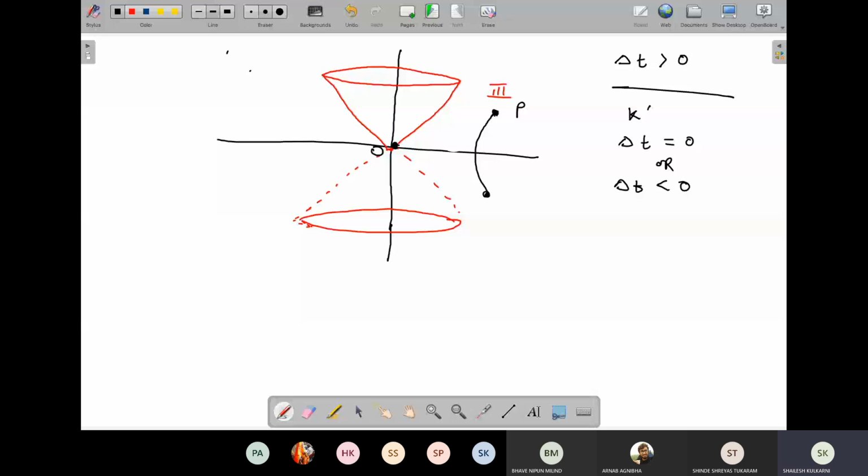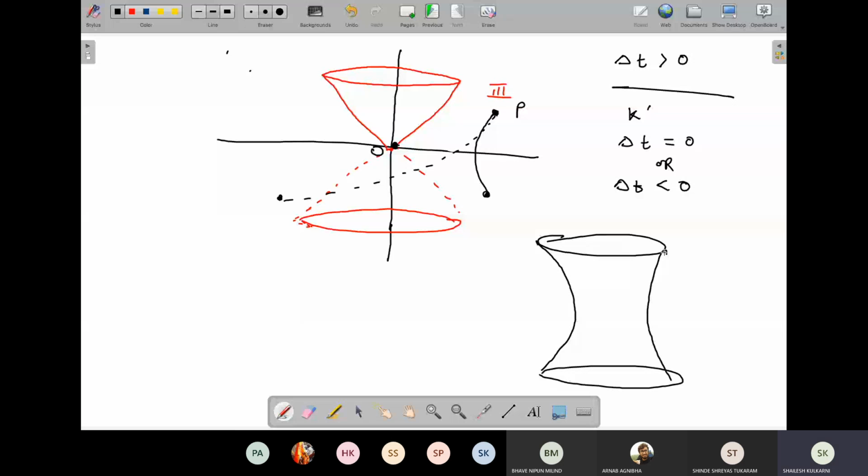Imagine a figure in 3 dimensions: if you draw it appropriately, there are these hyperboloids, this is how you make the cone, and there is the origin. I can go from this point to this point without crossing the cone. So there is no notion of future and past